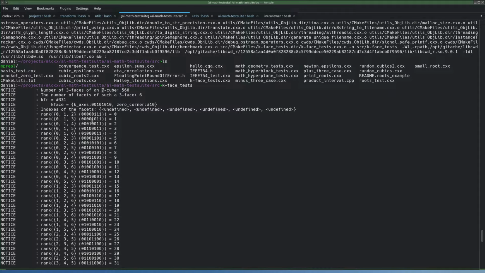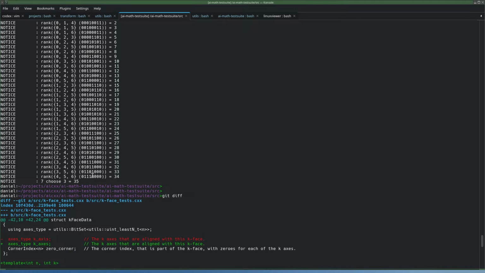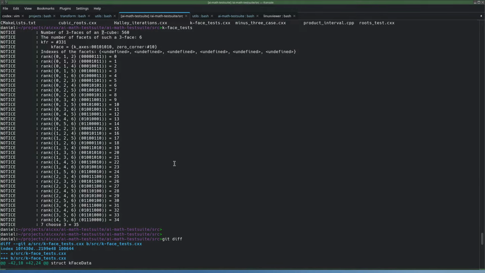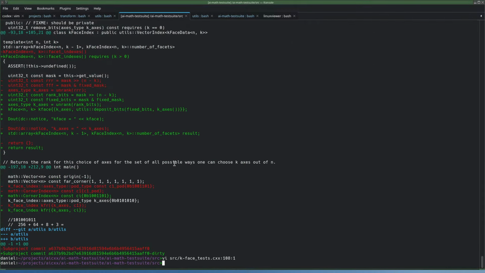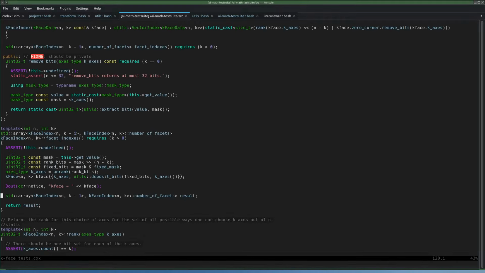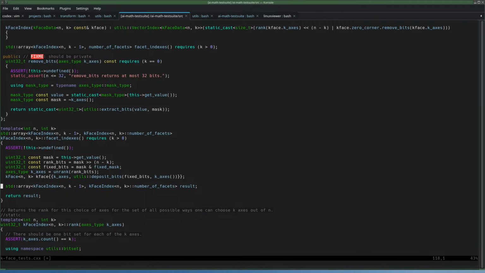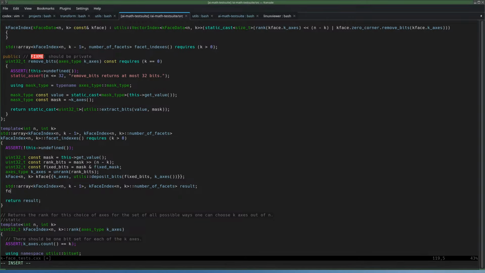Well, we have a 7 cube. Yeah, happens there as well. Four. Well,